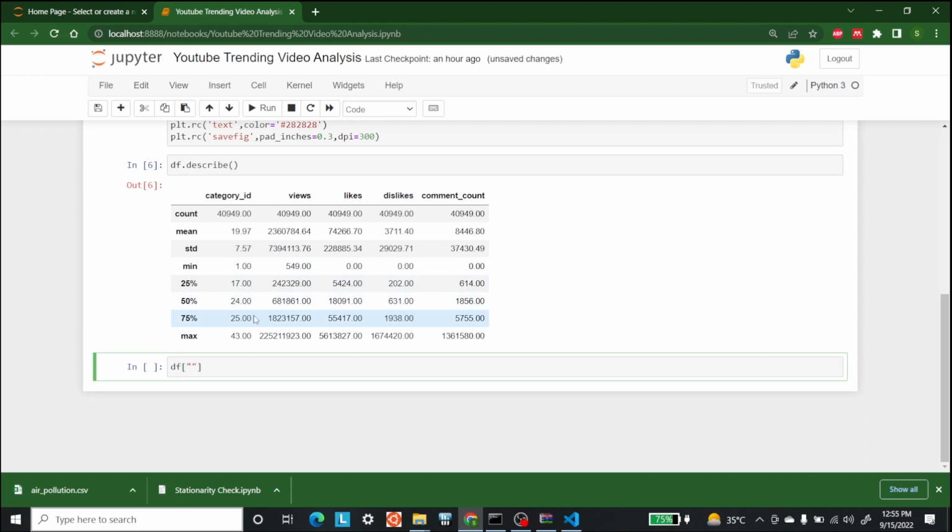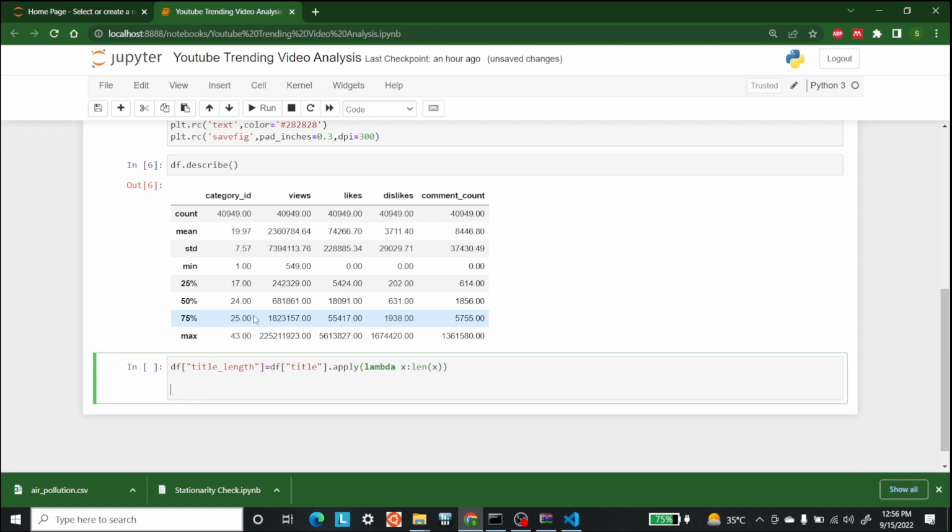First we are going to make title underscore length in the data frame, and here we are going to get it from title dot apply, and here we are going to write lambda x, and we are going to take the length of x, right? So after this,